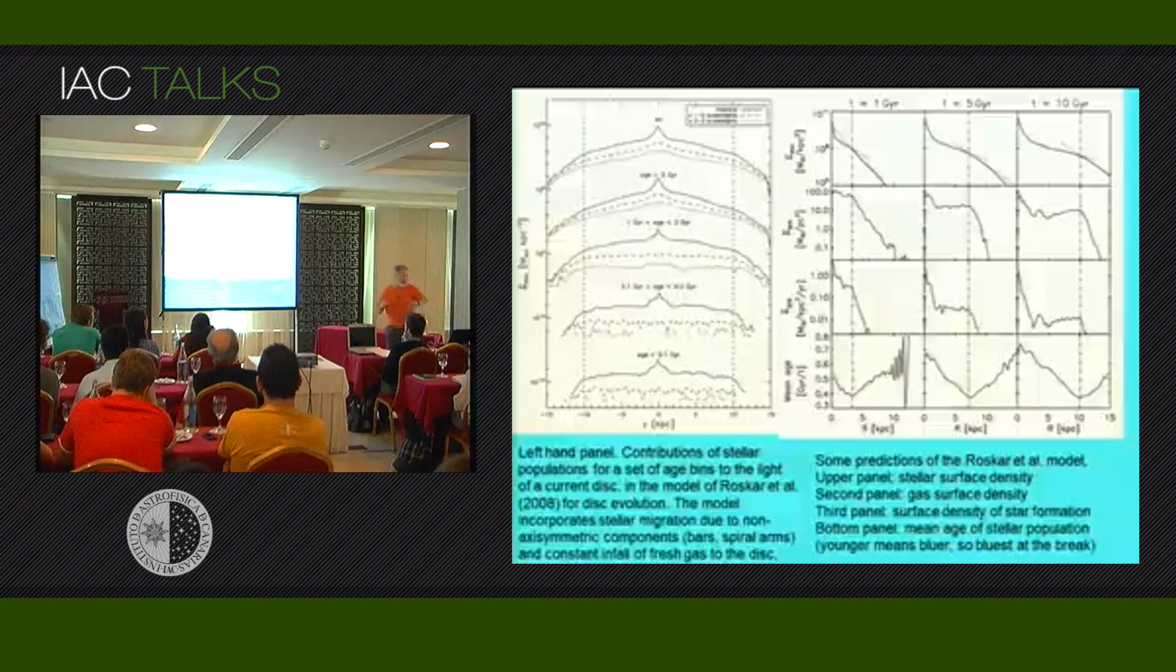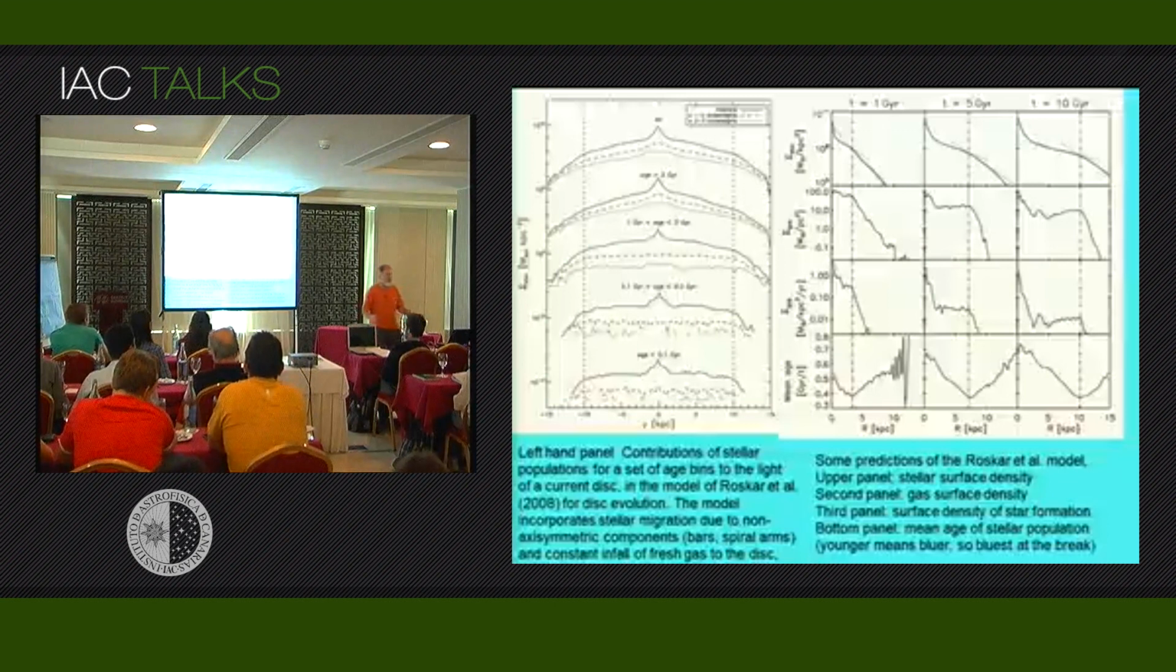And the models for this, there are models which work quite well by Victor de Batista and Rob Roskar, where they use outward migration of stars coupled with incoming gas to keep the bluest parts of the disk at the break. Basically what happens is that the disk is growing all the time as mass is being accreted onto the galaxy, as gas is being accreted onto the galaxy, and also growing because some part of the stellar population is diffusing outwards,